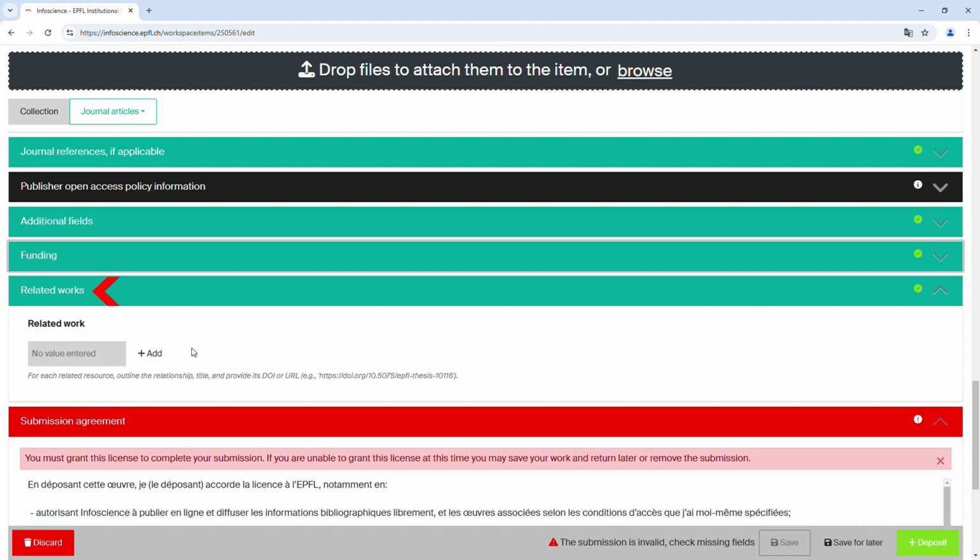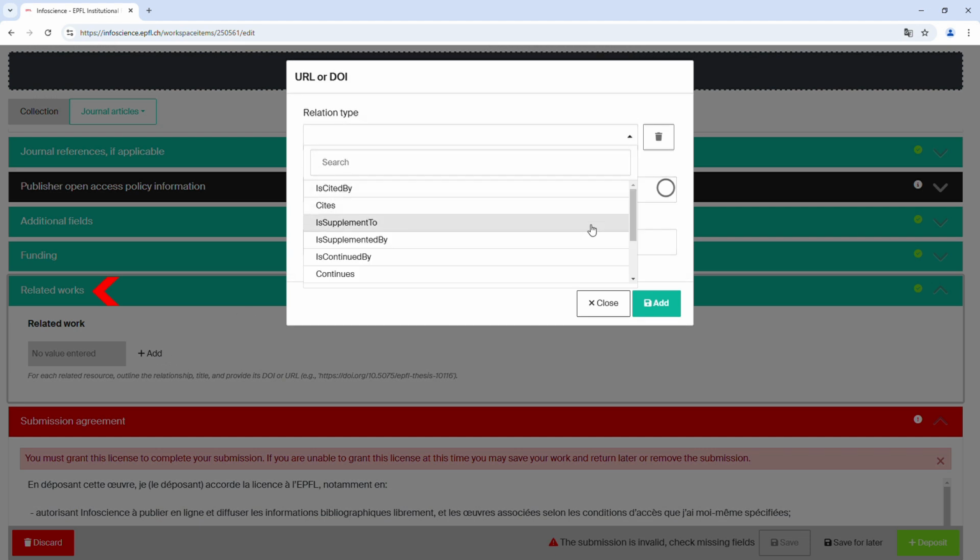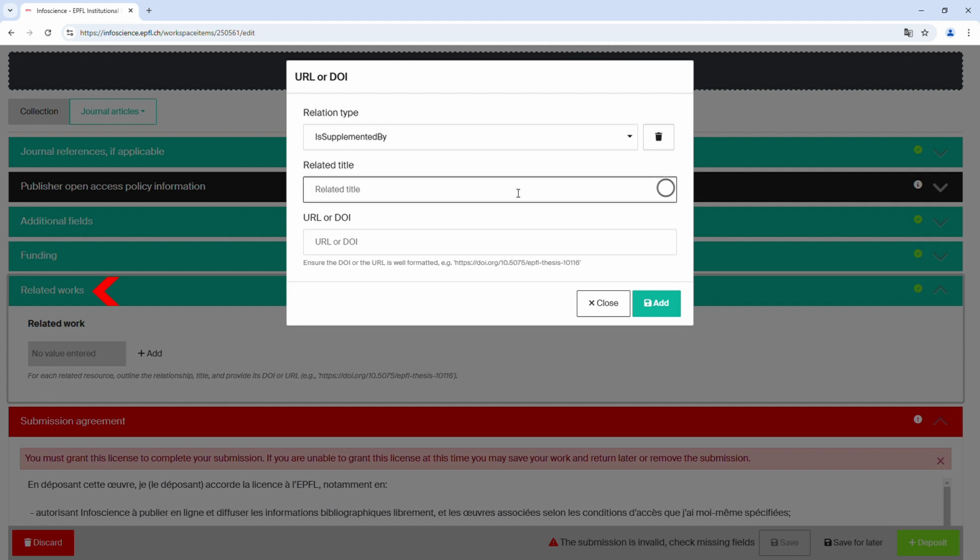If you wish to link your current publication to another one already in InfoScience, such as an article related to a dataset or a book chapter related to a book.